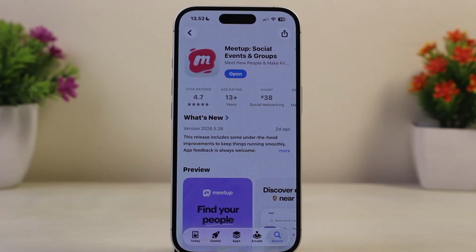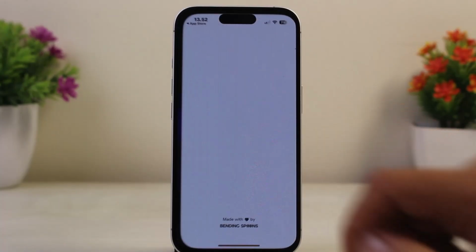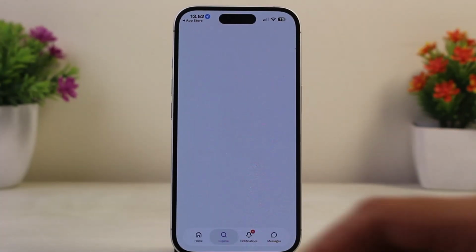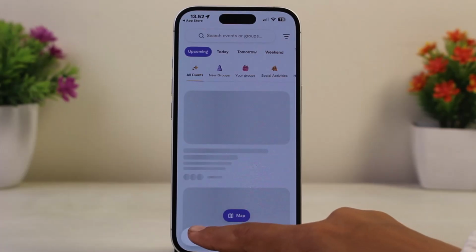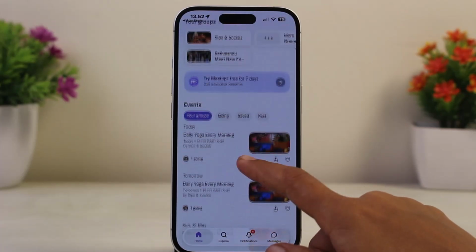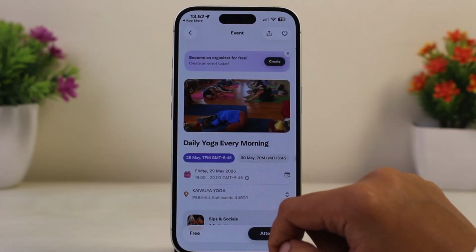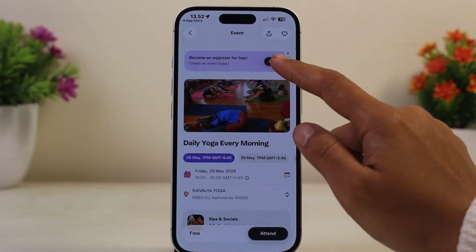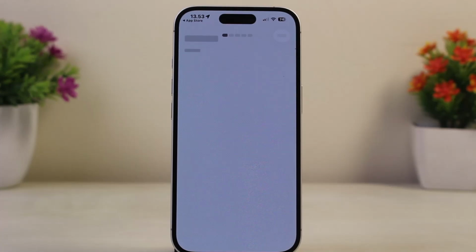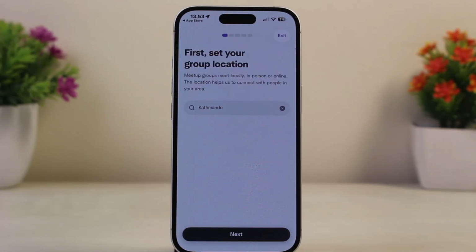So to use these features, just head to your Meetup app, then tap on the Home tab at the bottom left corner of your screen. Now under your event section, go to one of your events and then tap Create at the top right corner to create an event. Now set your group location and type your venue or address or paste a Zoom link